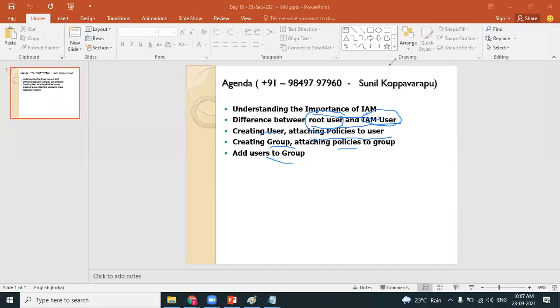Okay, what's our tomorrow's agenda? My plan is to show you the concept of command line interface, CLI. As I told you, in two ways you can connect to the AWS cloud. One is the graphical user interface, the other one is CLI. We'll be experiencing the CLI part tomorrow, and then there's something called roles in IAM. What are roles? What is the importance of roles? We'll be seeing it soon.